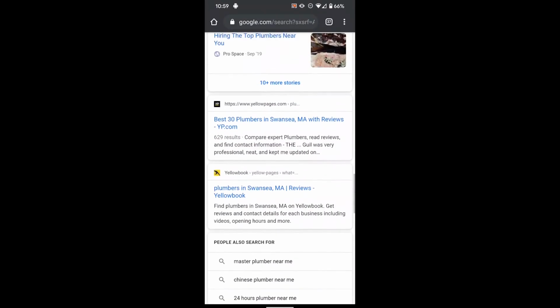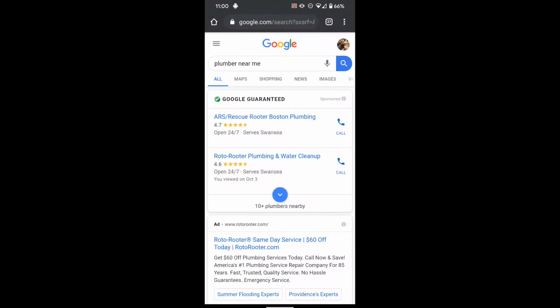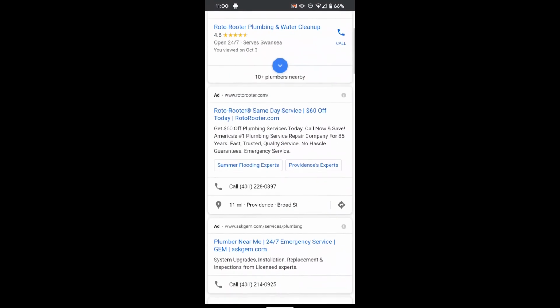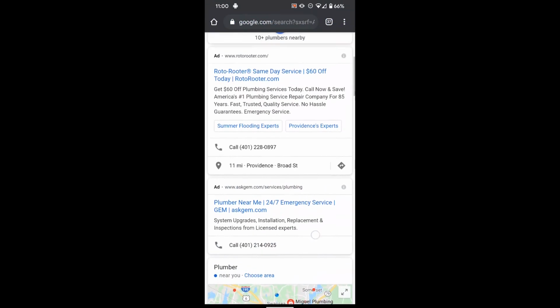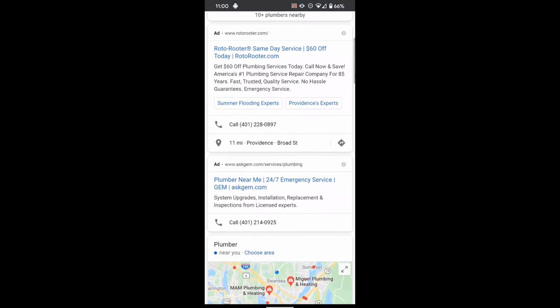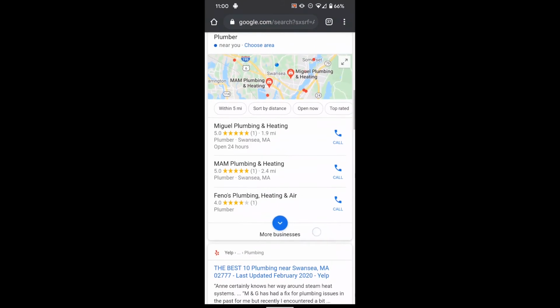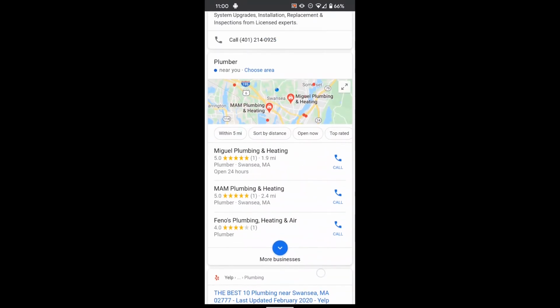Pretty far down the page. So again, if we are a local business trying to do well on Google and we happen to be a plumber, we'd definitely be interested in trying to figure out how we get results. And I think paying for it in this particular case is probably going to be one of our strategies. We'd love to get to this map pack here,